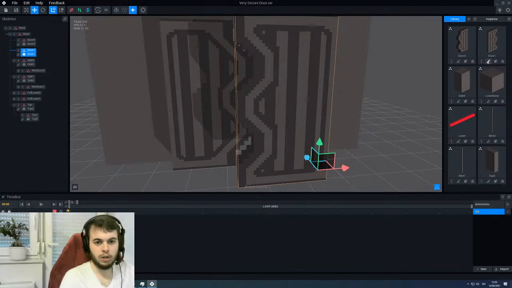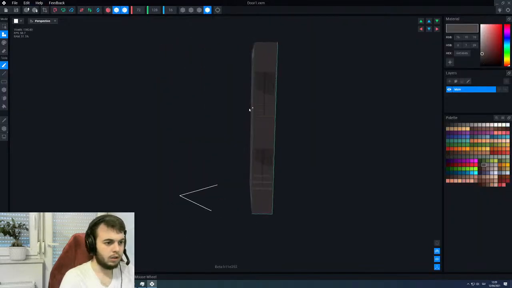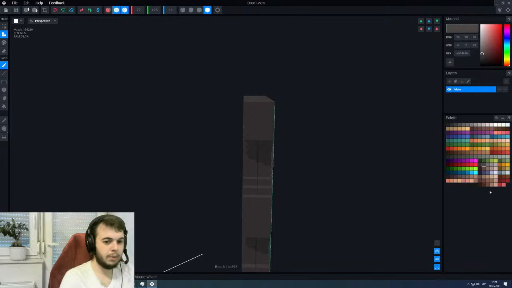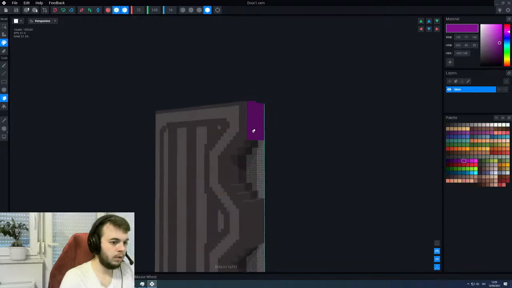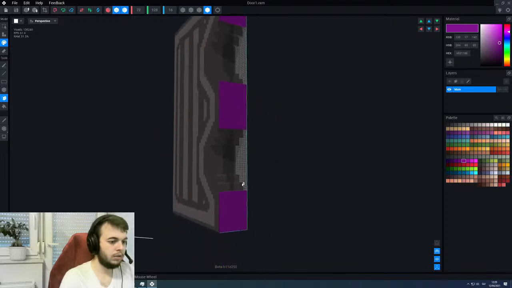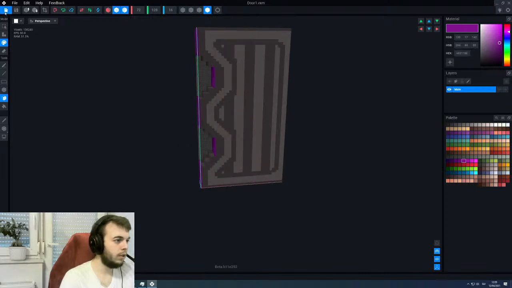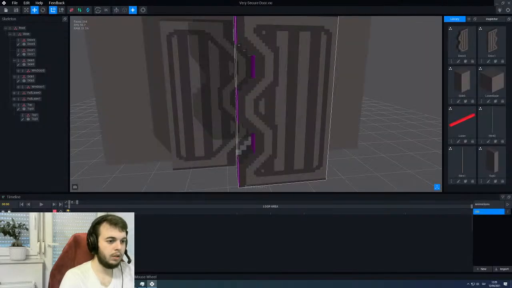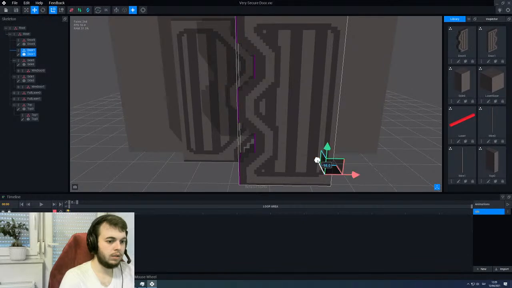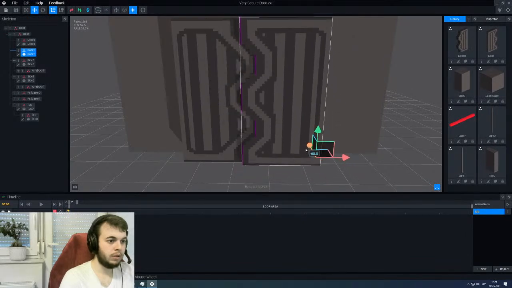So maybe we can part paint one side in purple, just so we can kind of get the idea of what's going on with the alignments. So if we move this inwards,